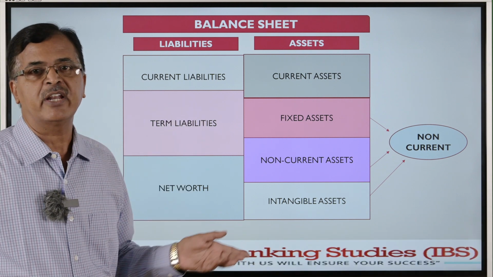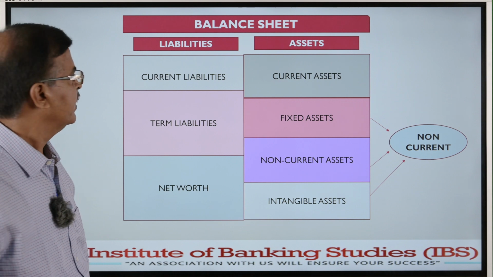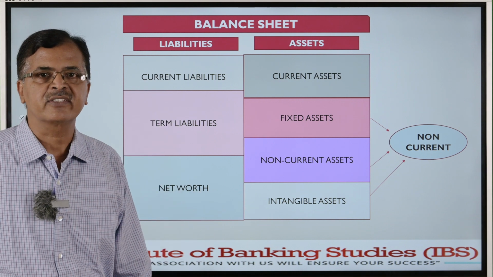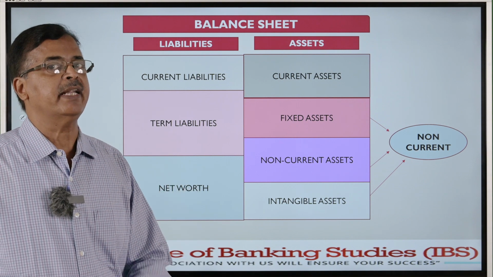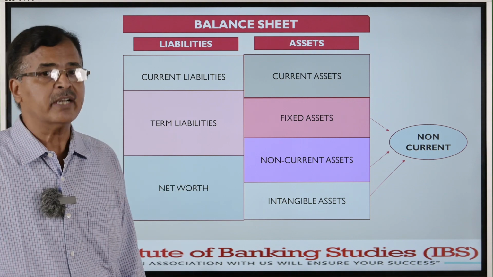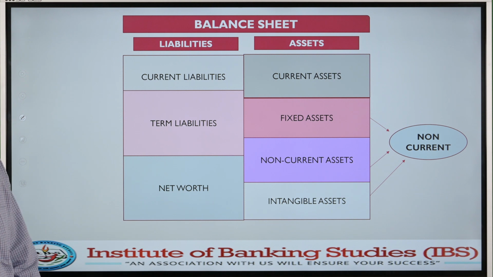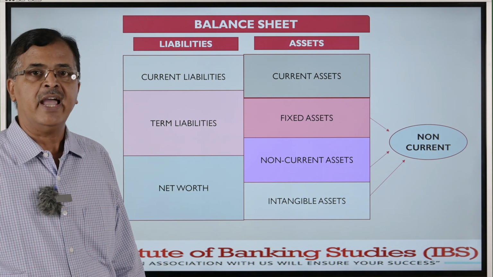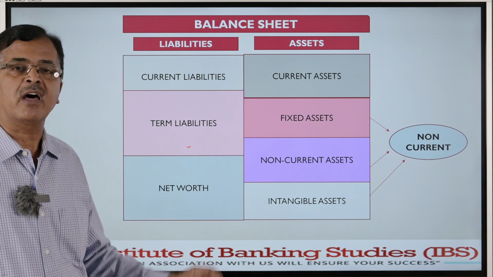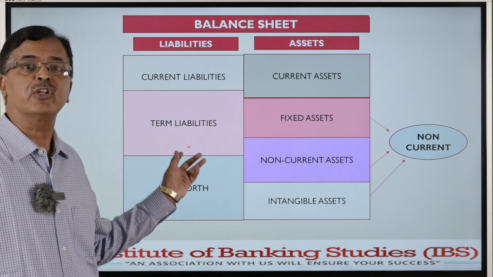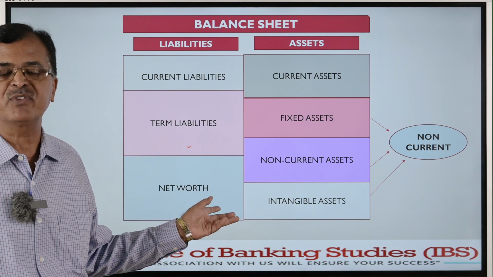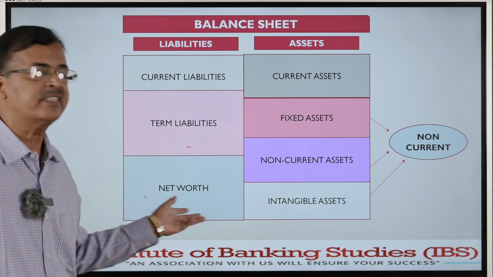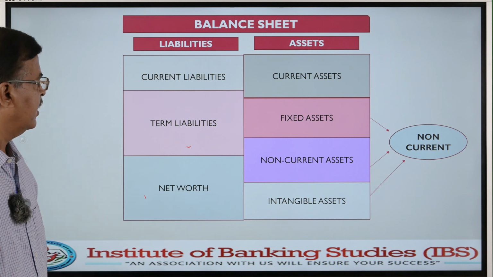Similarly, on the liability side of the balance sheet, there are two major categories. One is current liability, another one is other than current liability, that is non-current liability. Non-current liability we have split into two: one is term liabilities, another one is net worth. Actually, term liabilities and net worth are long term only, but in order to specify the amount due to the proprietor himself, it is categorized under net worth. Okay friends,